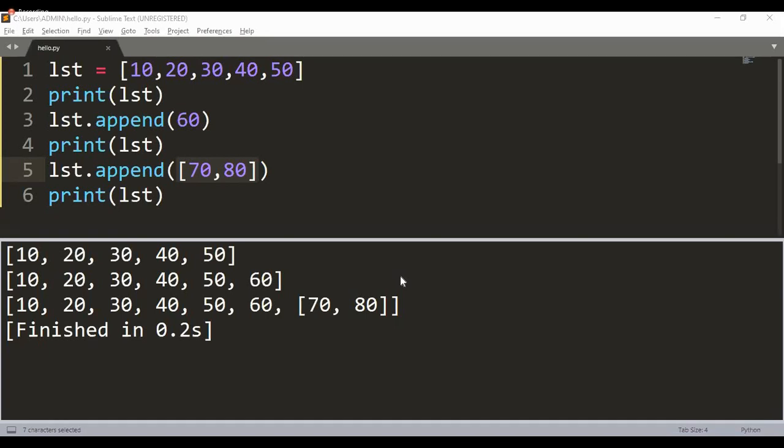It does not return a new list of items, but will modify the original list by adding the item to the end of the list.